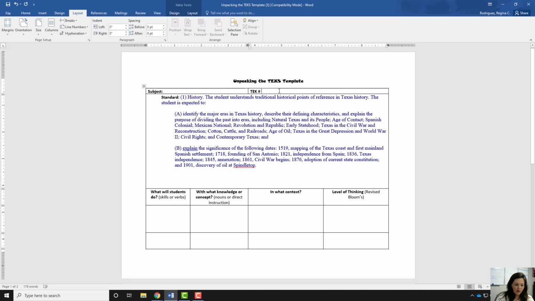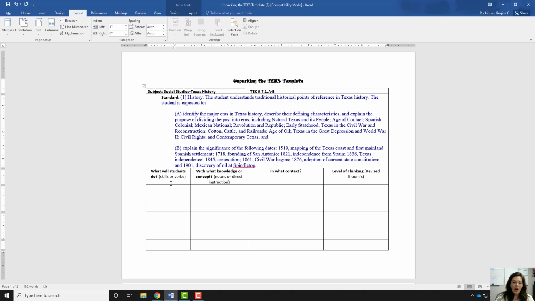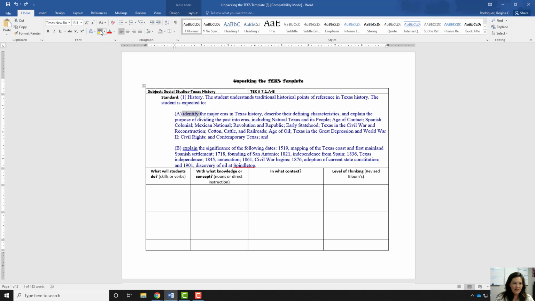So this is actually TEKS 7th grade, point 1, point A through B. Okay, this subject is Social Studies, Texas history. Okay, so just copying and pasting my TEKS there. And then as I read through this TEKS, I'm going to look for the verbs that students are expected to do in this TEKS. And I see right away that on A, my first verb is that they have to identify something. So I'm going to type identify